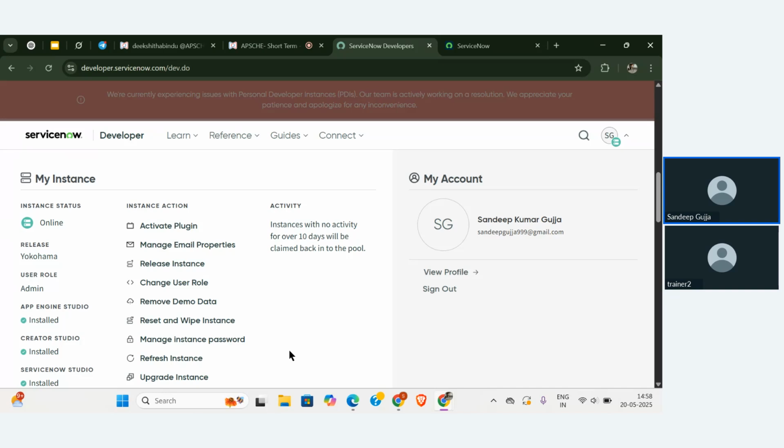Upgrading instance is nothing but you are going to remove the existing data that has been there already, and you are going to upgrade your instance to the next level. In that, whatever the configurations that is been added in that upgrade, that will be added to your instance. So refresh instance, you all know about that, and manage instance password, you all know about that. So manage instance password is nothing but where you are going to see your credentials for your account. Okay,